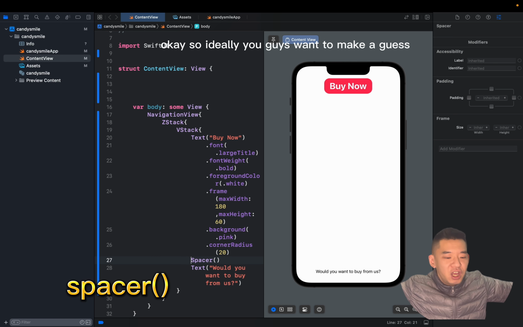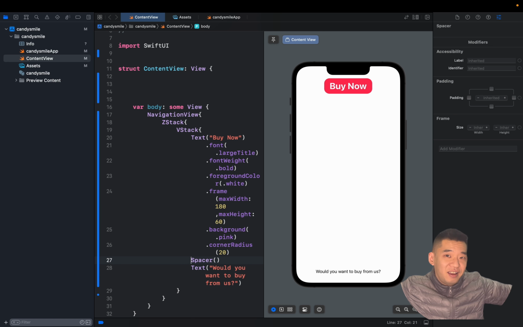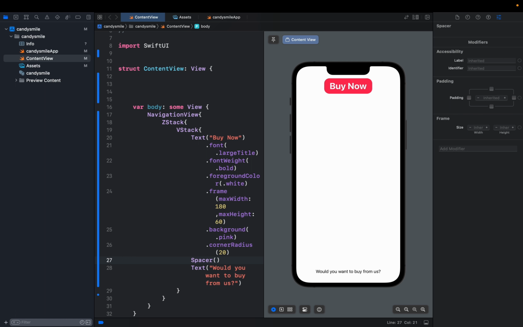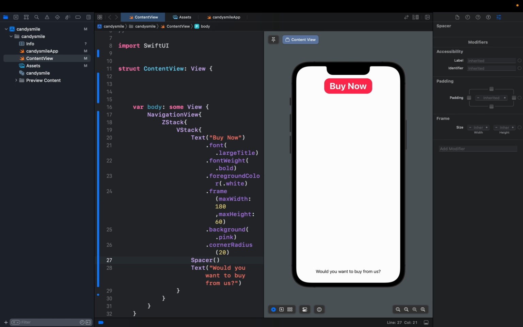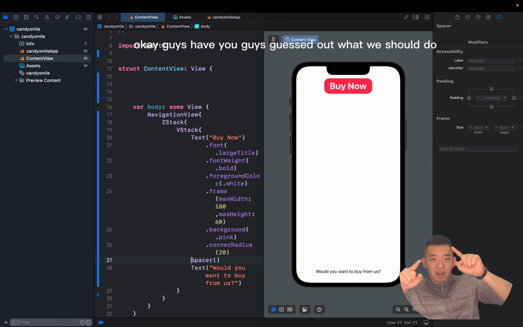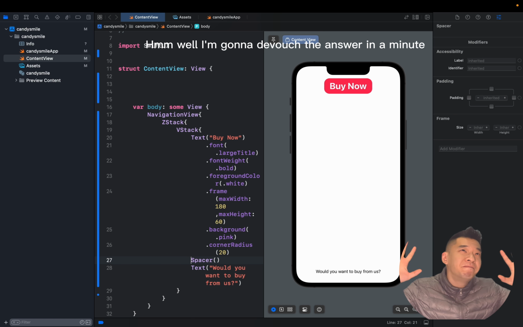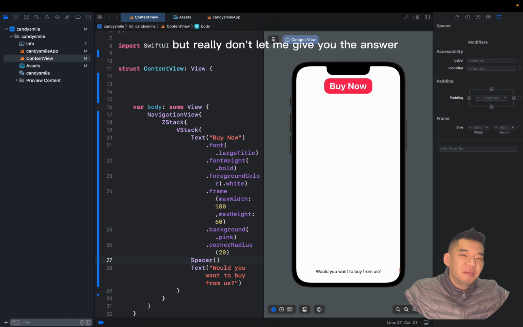If you put something in between yourself, you most probably will stretch all the way out. So ideally, you guys want to make a guess. What should I do next? You've got a minute to try it out. Okay, guys, have you guessed what we should do? I'm going to divulge the answer in a minute, but really, don't let me give you the answer, try